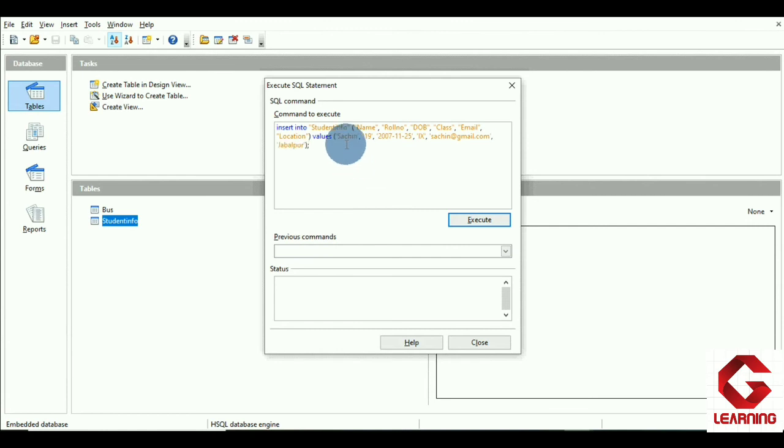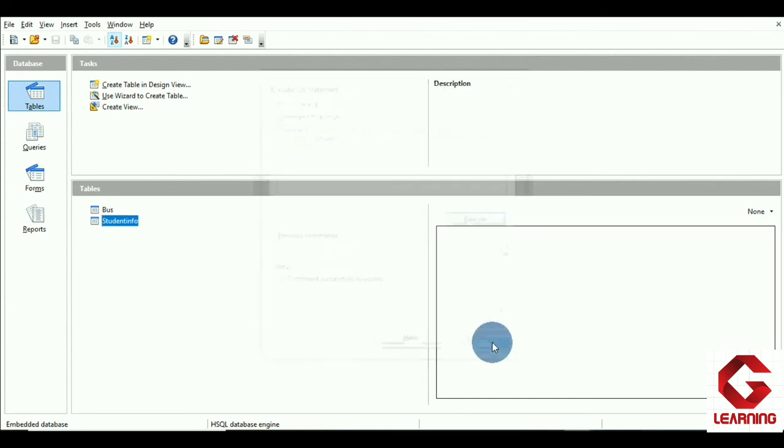So here, when we don't know the values of all the columns that are there in the table, in that case it is very mandatory to mention all the fields in the small bracket and thereafter the values, and then we have to give values here also in the same sequence, and after that we have to end our command with a semicolon. Now as I want to execute this command, clicking on the execute button and getting the message that the command was successfully executed. So this record has been entered in the student info table. So just closing it and I'm going to check.